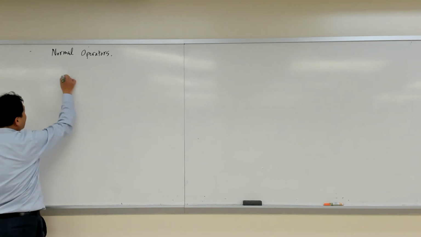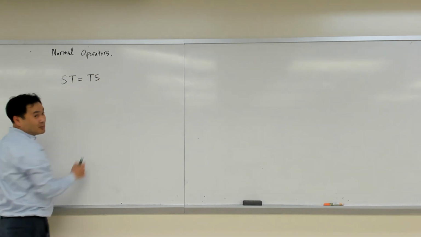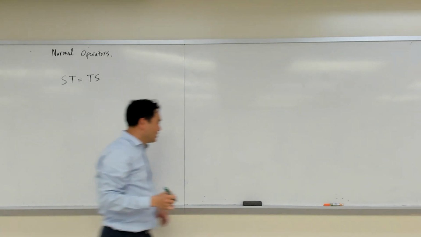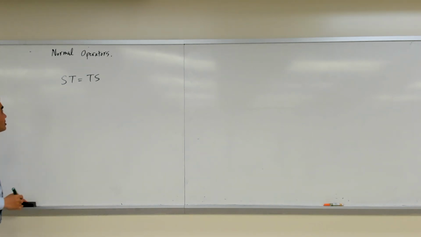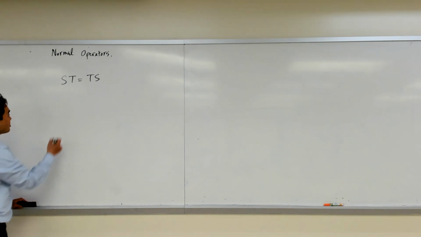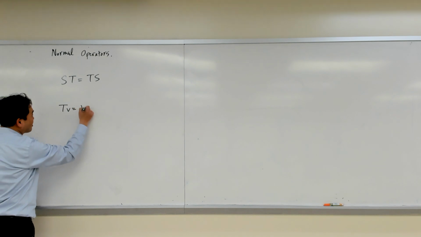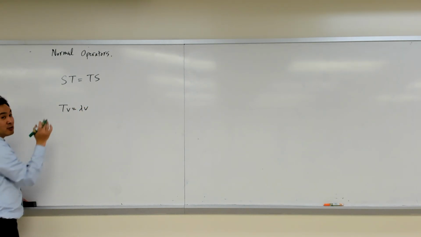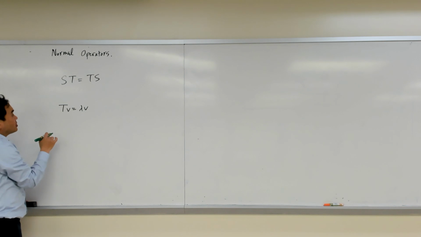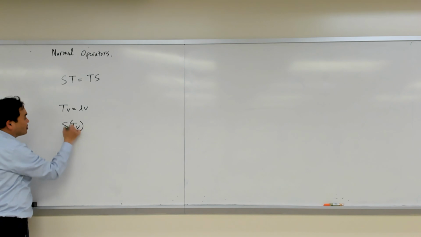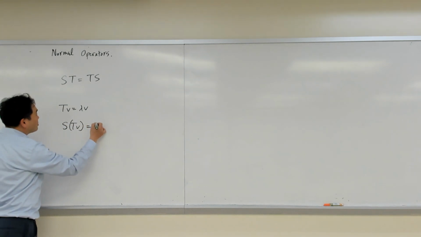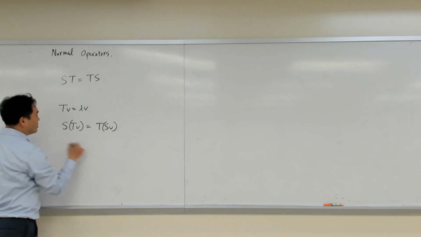Now, do all operators commute? No, right? Something that's interesting about commuting operators is that if one has, so let's say TV is equal to lambda V. In other words, let's say V is an eigenvector of T. Okay? In that case, then you have S of TV equals to TS of V, and then